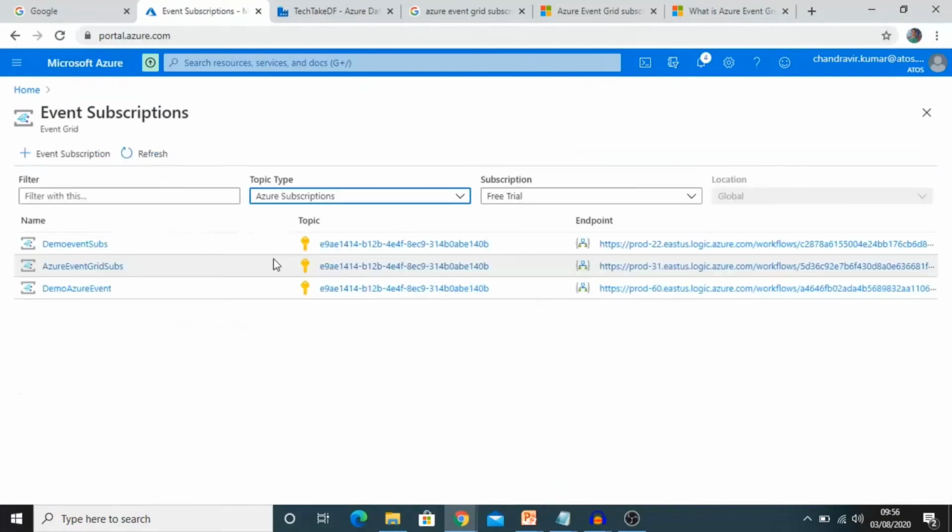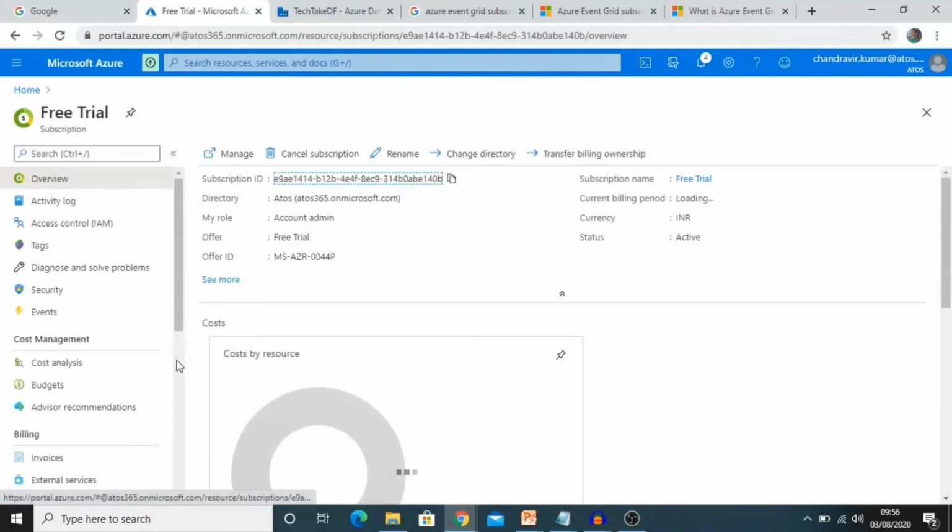Once we deploy the event subscription, you can search here, and we can also go to all resources and search for Azure Event Grid, and then you will see that Azure Event Grid is now showing as registered. Then we can move to the event based trigger also.